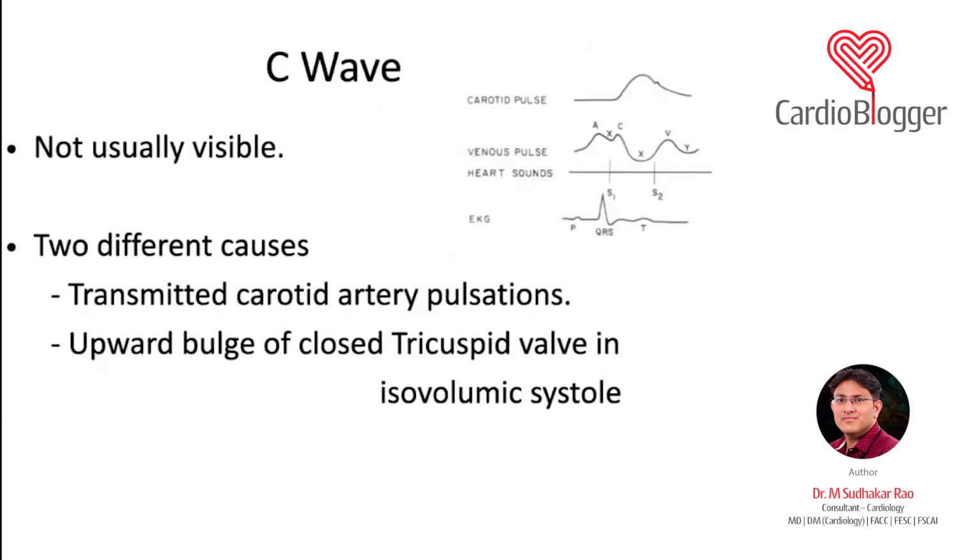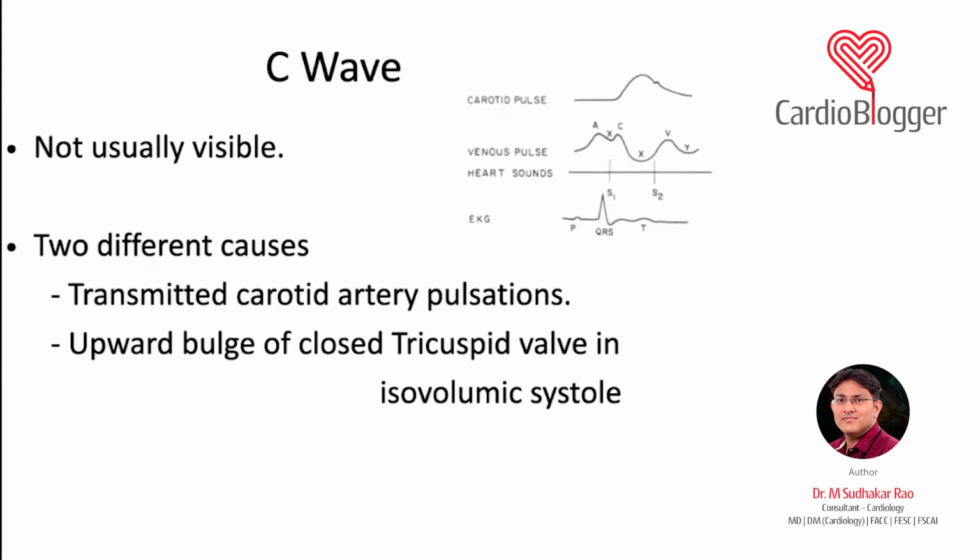Now the C wave, as I already discussed, is not usually visible. There are two mechanisms: one is the upward bulging of the closed tricuspid valve during isovolumetric contraction, and the other is transmitted carotid artery pulsations. Normally we do not see a C wave, but sometimes in severe tricuspid regurgitation, we see CV waves. Now in this diagram you can see there is a C wave and there is a V wave. Now what happens in tricuspid regurgitation is the X descent